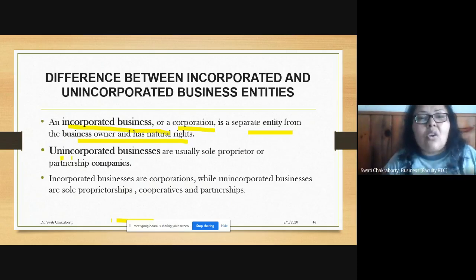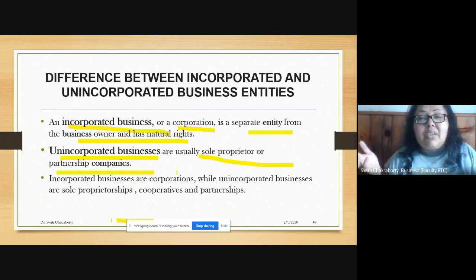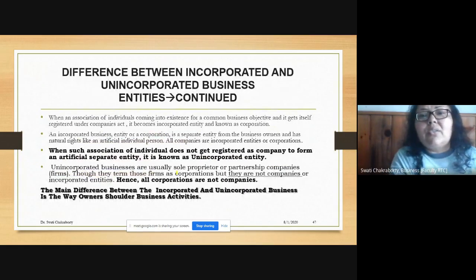Whereas unincorporated businesses are usually sole proprietorships and partnership companies. Unincorporated businesses could be sole proprietorships, partnerships, or also cooperatives. So the next thing that comes up, if we are still continuing with the differences,